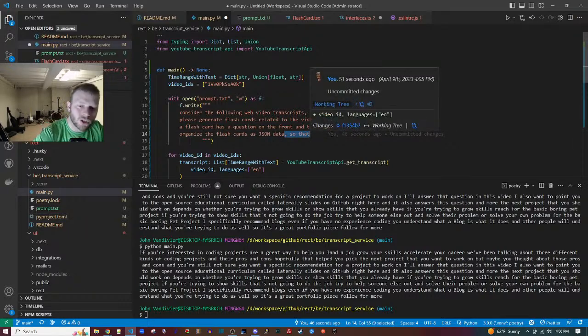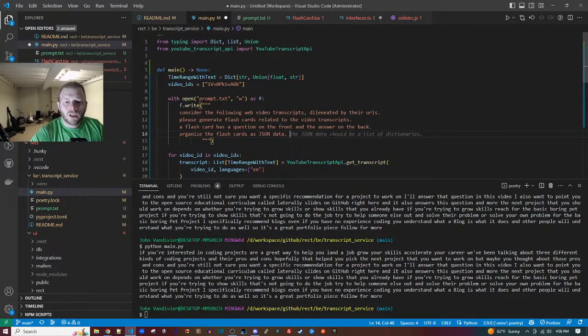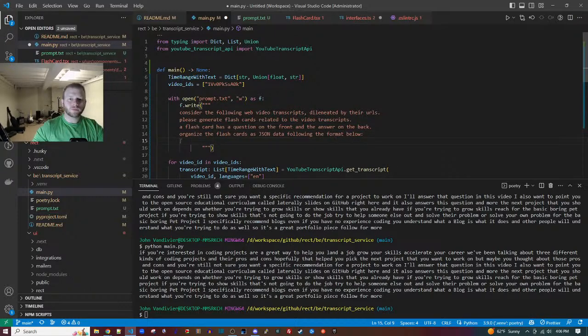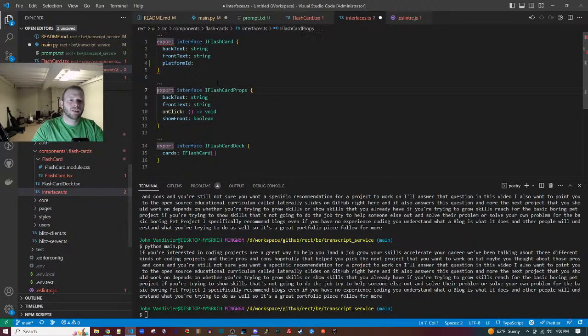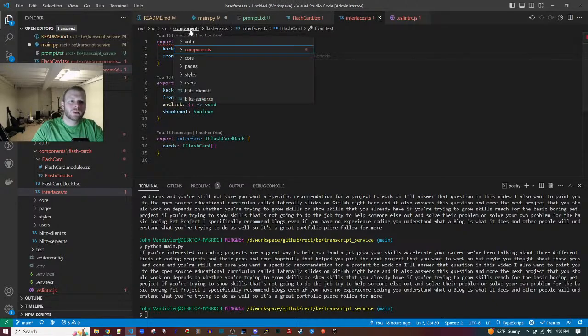Organize the flashcard as JSON data, with JSON data following the format below. Let's do it like this. Let's go over to the Prisma schema.